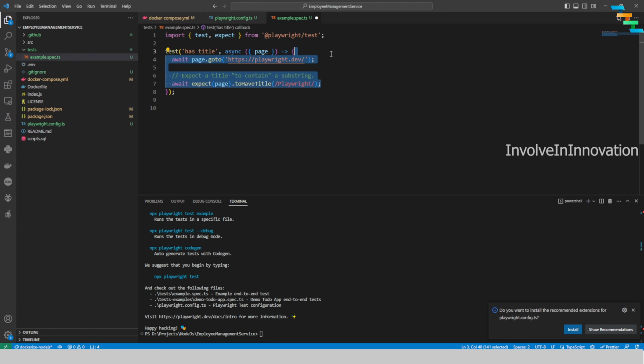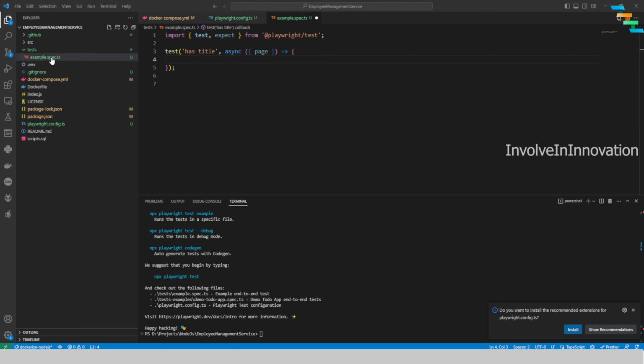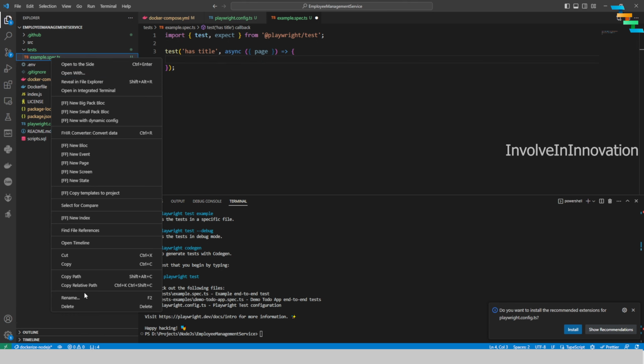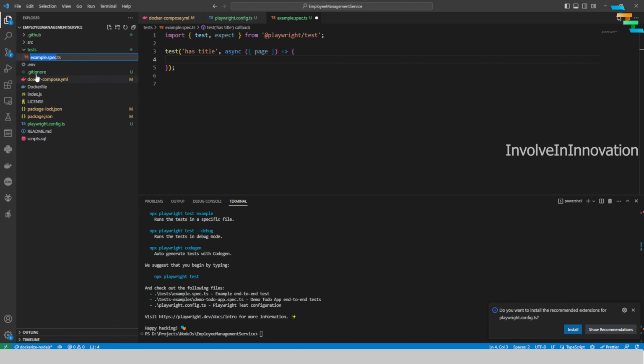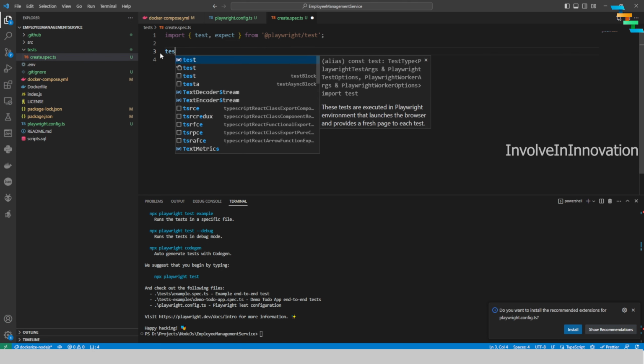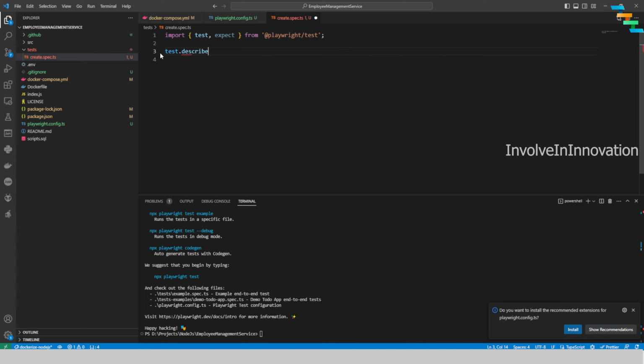So now I will go ahead and delete this. First we will start with a create spec. Here you will create a new employee. So I'm just renaming this file, and instead of example, I'm giving it as create. Then test.describe. If you are giving it as test.describe, you can put a lot of tests inside this test.describe,